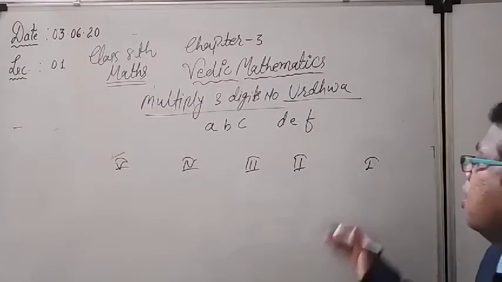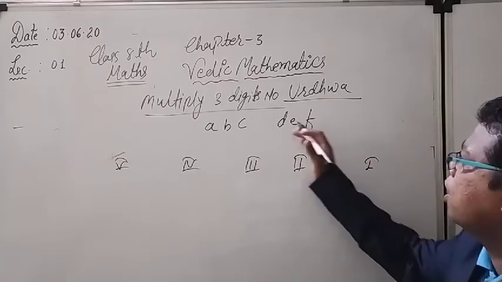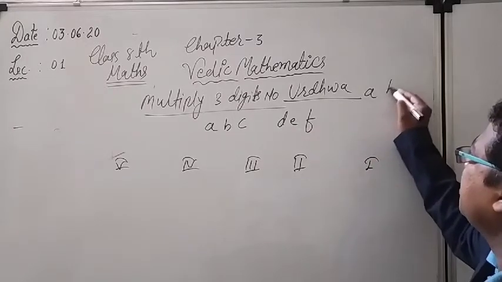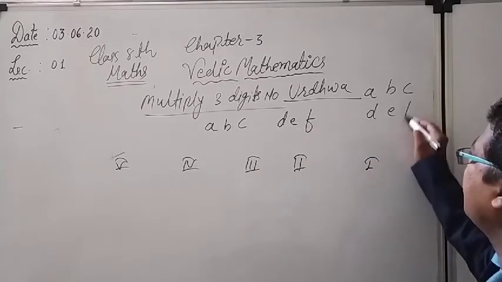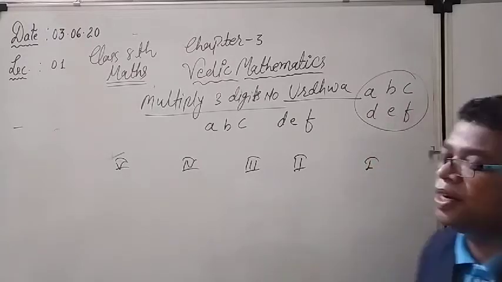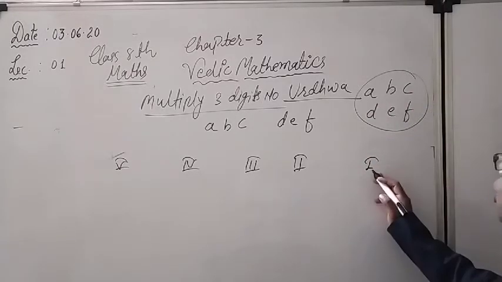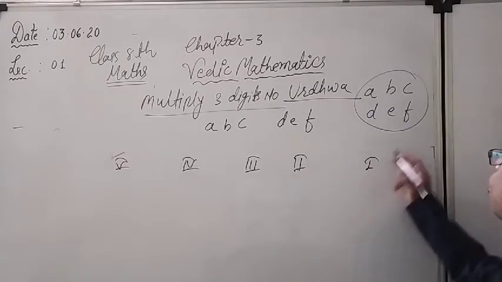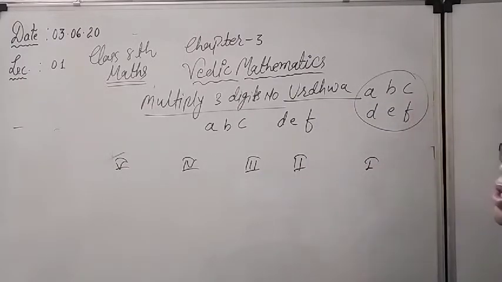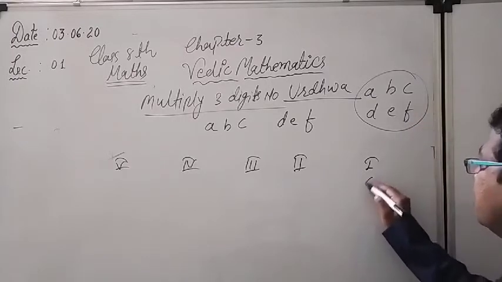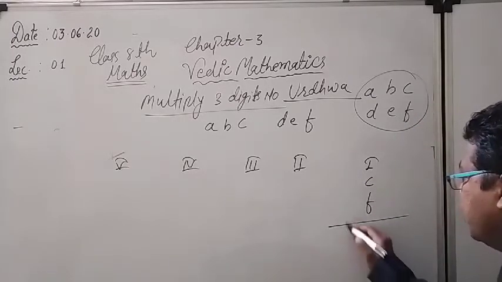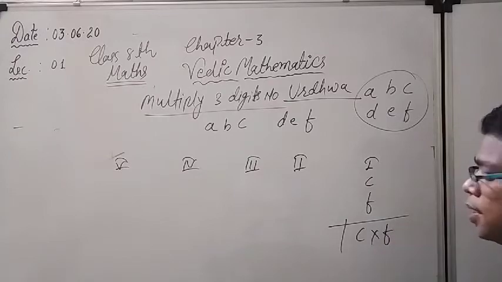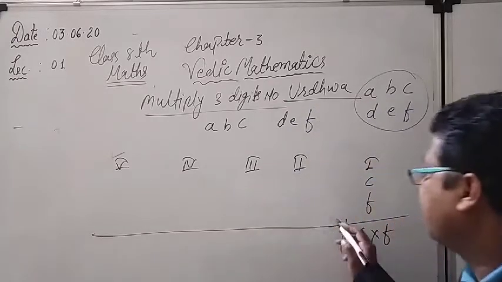Same like before. In the first group, first I am writing down A, B, C and D, E, F one after the other. From here we can understand the logic. In the first group and fifth group, operation will be the same. How? In the first group, what are the digits which are written on the ones place, like C and F? So C and F I have to multiply directly. Very easy. Same like that for the fifth group.